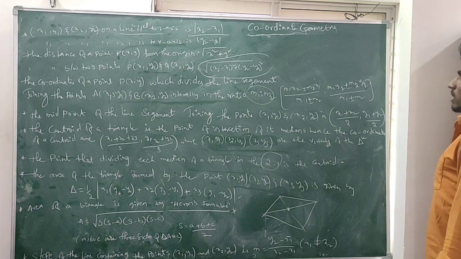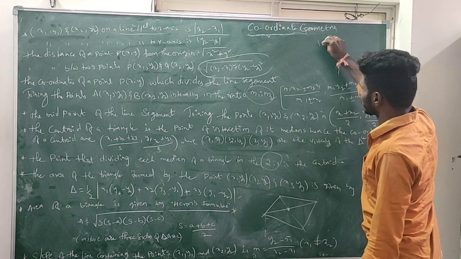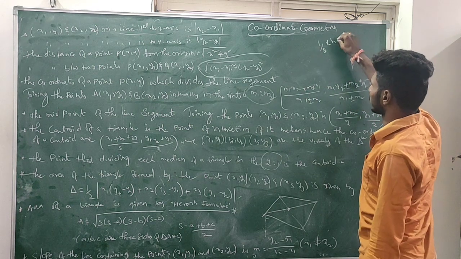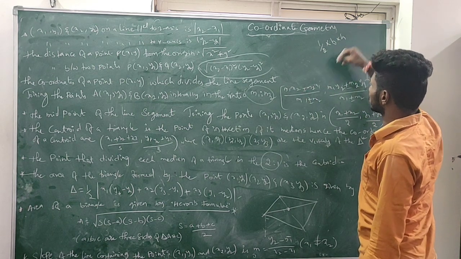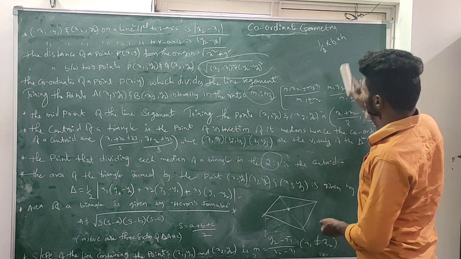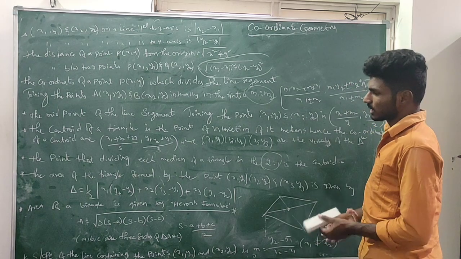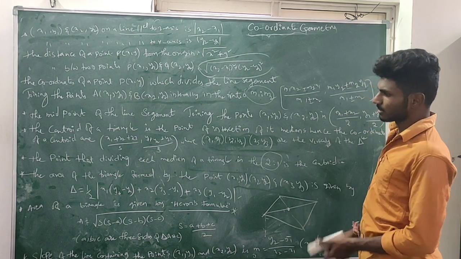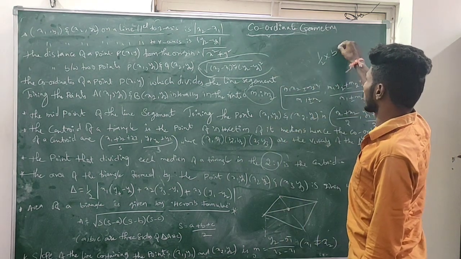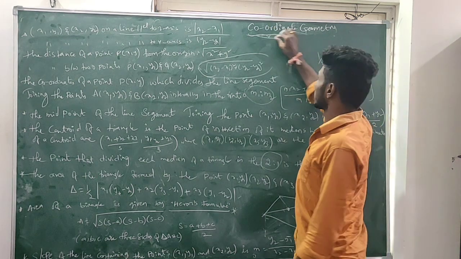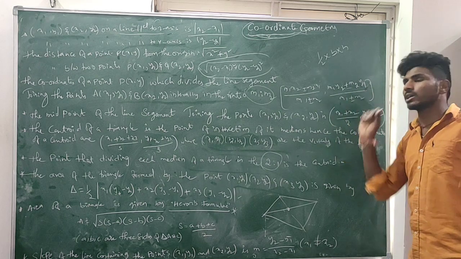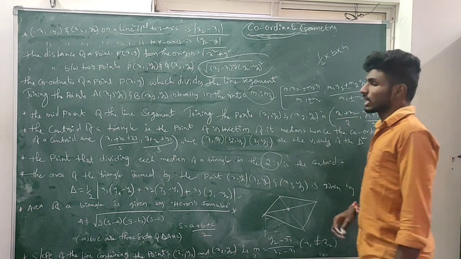Okay. Next, the area of a triangle. Simply, if the base and the height are given, the formula to find the area is half into base into height. Unlike this formula, we need to find the area of the triangle from the coordinates. Here the base and height are not given in coordinate geometry. Particularly we are only speaking about coordinates. If the coordinates of the triangle are given, how can I find the area of that particular triangle? That is my task now.